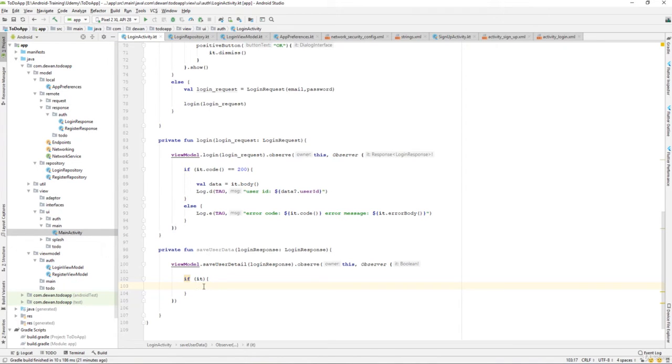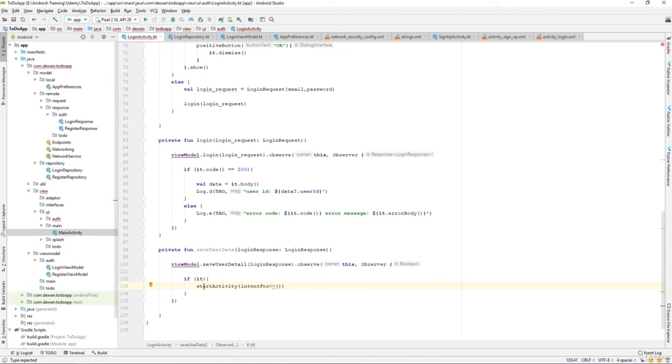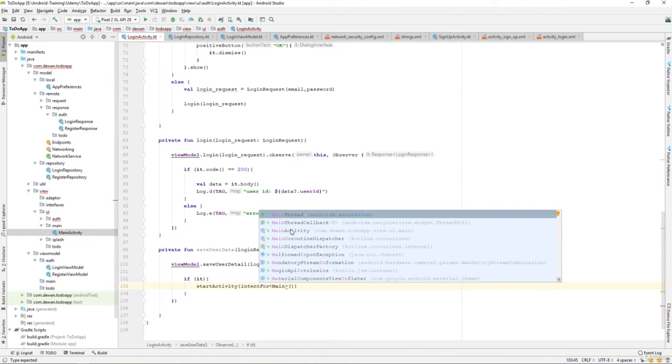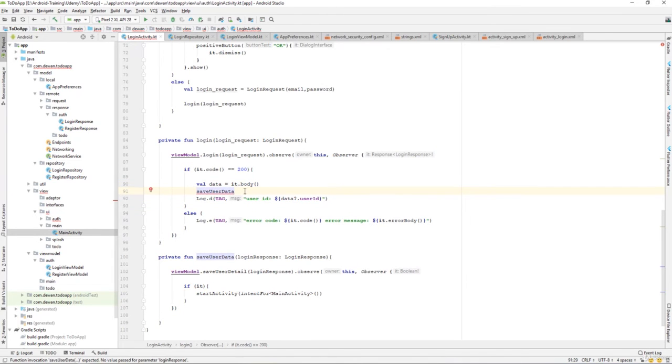So what we will do is I will just say start activity and intent for, and I will pass it the main activity over here. We are just using a Kotlin extension over here to open an activity, and that should be fine. So this should be called whenever we get the data and the login is successful, and I will call it saveUserData and pass the